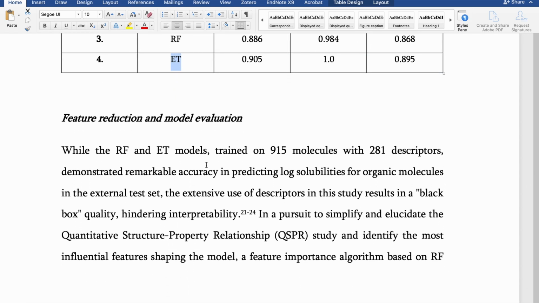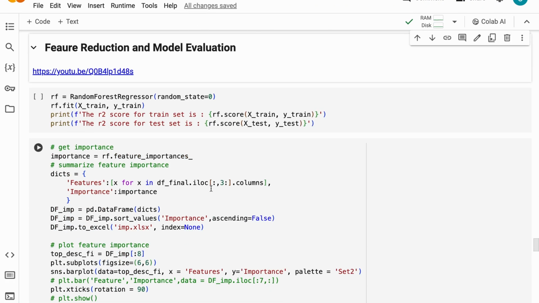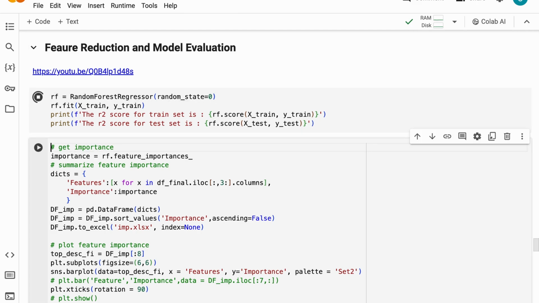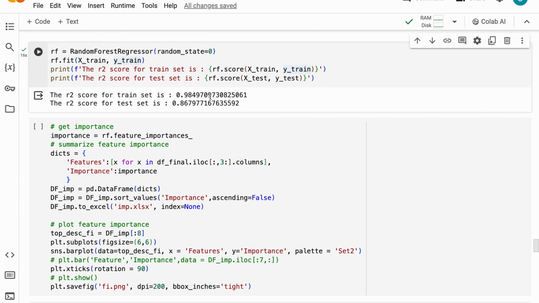So the next topic would be feature reduction and model evaluation on a reduced number of features. What I'm going to do here is this random forest model, so let's just run this again. I have put in a random state of 0 just for reproducibility, and these are the results that we are getting from train and test, and they're quite similar to what we have seen before. Now we are going to be using random forest to do the feature importance, and all we need is